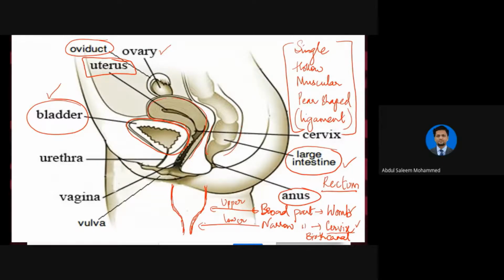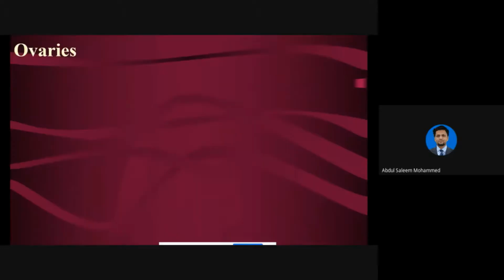Okay, now what we will do is we will study the internal layers of the uterus, which is very well developed. It should be developed. Why? Because the fetus is developing within the uterus. So we will just try to find out what are the layers which are present in the uterus. Okay, so far I think it is quite clear. So let us try to find out the uterus anatomy.